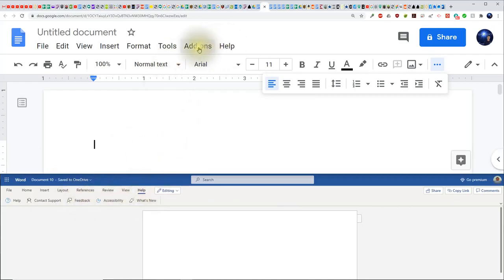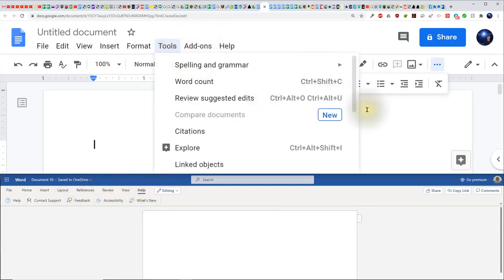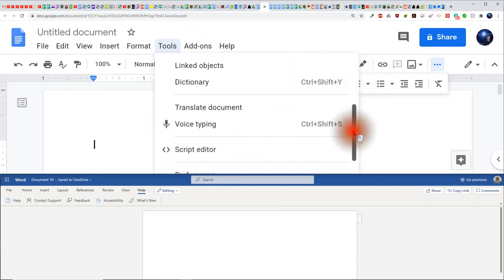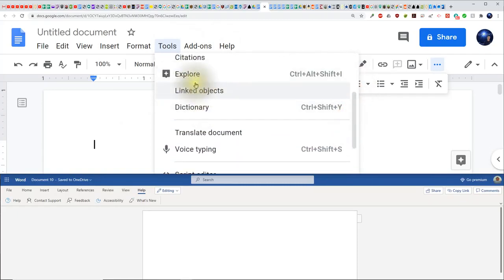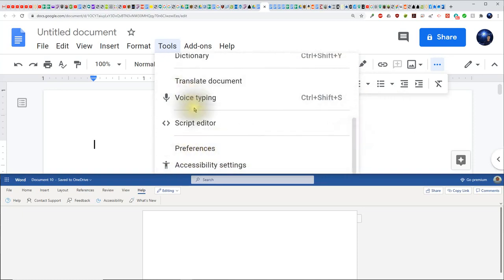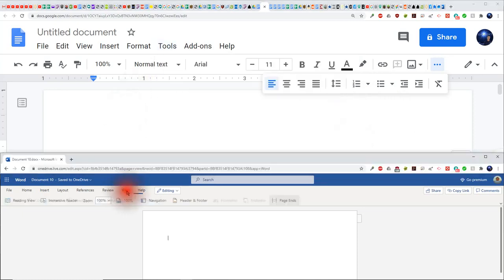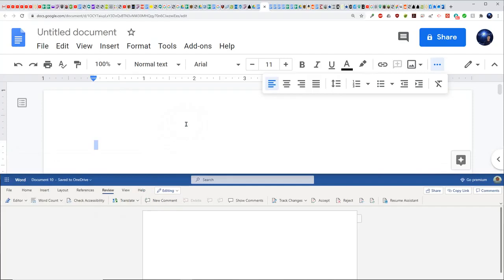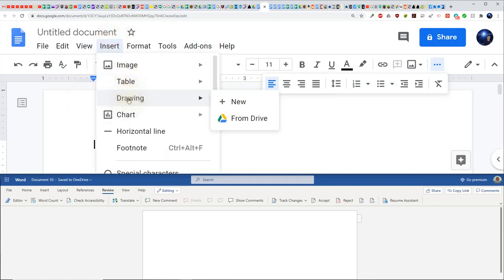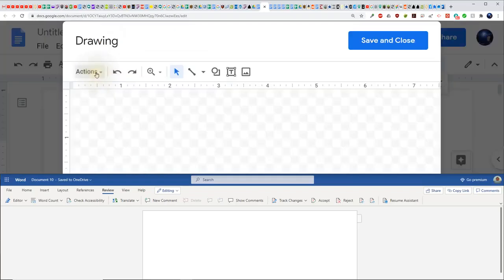If I go into Tools, you notice there's my other tools I have there, such as Explorer, Dictionary, and also Preferences, other things that are found in the Review category down here in Microsoft Word. So as far as features and tools, they're basically very equal. The difference being is I can go to Insert and then down to Drawing and New, and then go Actions,